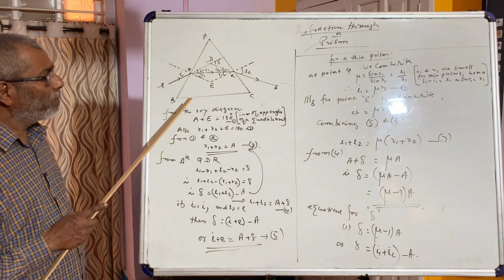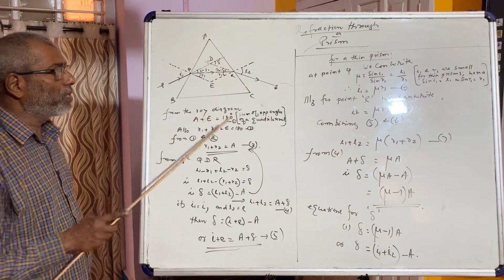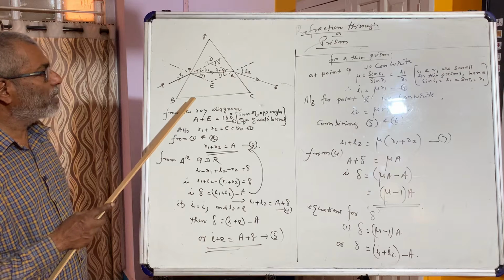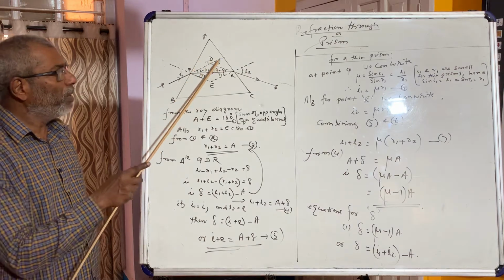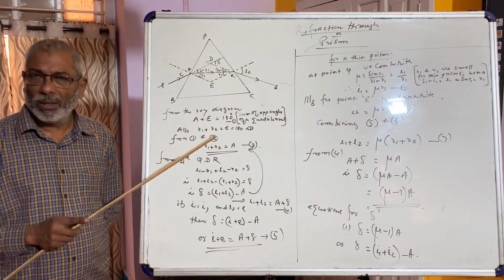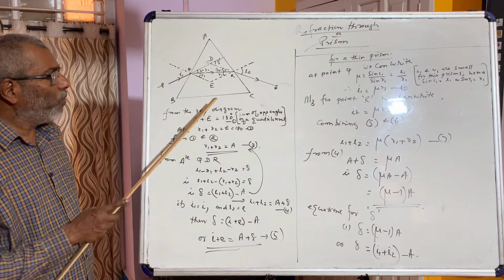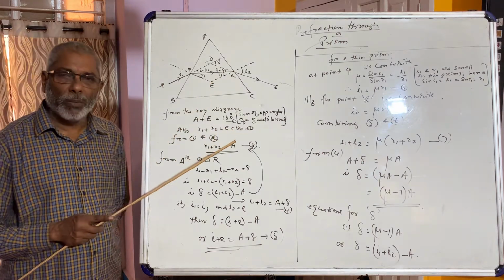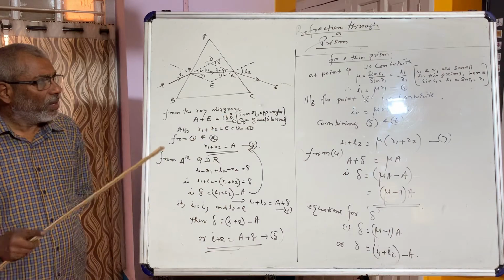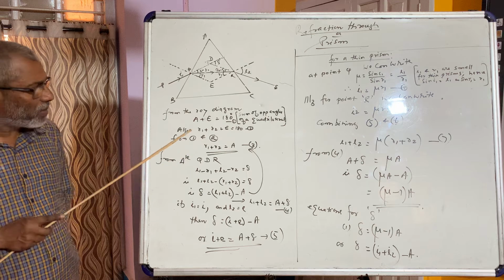PQ is an incident ray, QR is the refracted ray inside the prism, and RS is the emergent ray. The incident ray and emergent ray, when produced backwards, meet at a point and make an angle delta. R1 and R2 are respectively the angles of refraction. We assume that the material of the prism has a refractive index mu. So the geometrical section of this figure we are taking for this purpose.